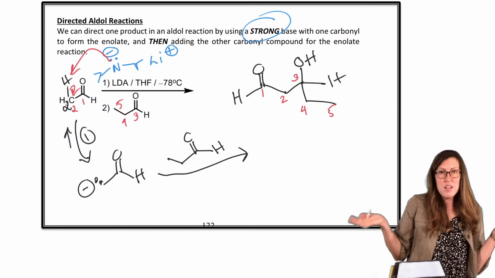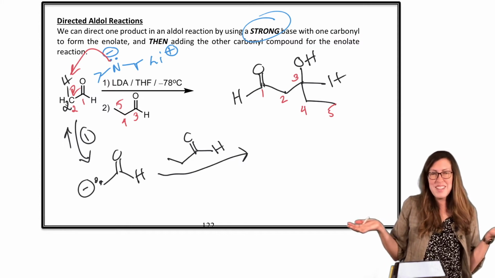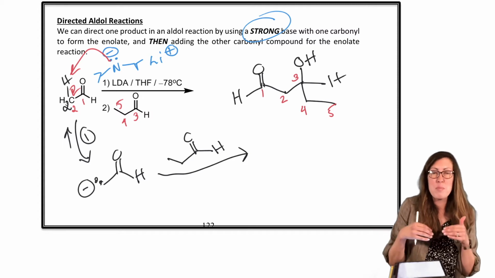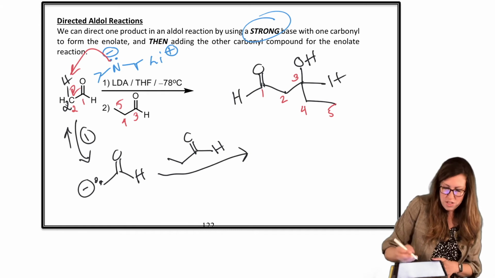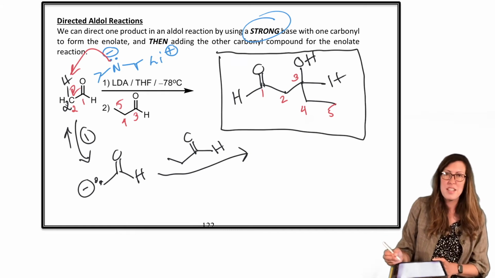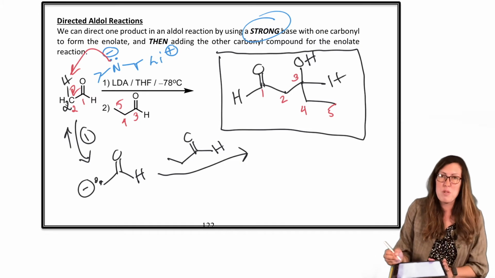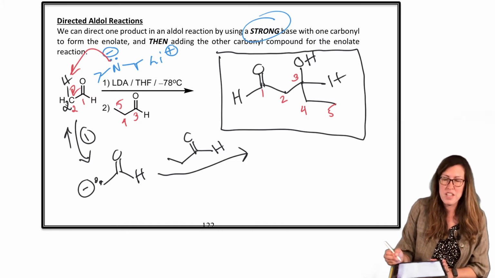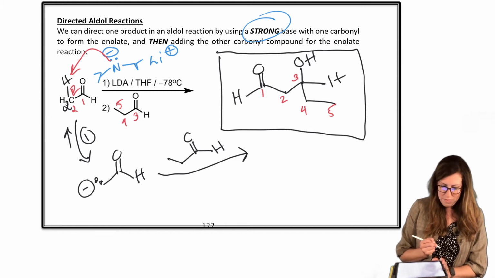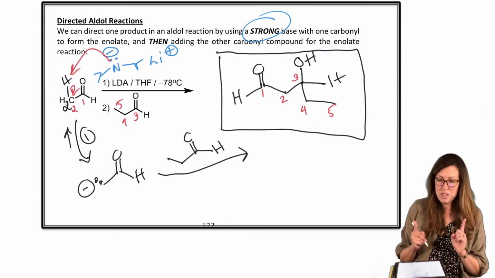So we can make just one by not mixing them all in the pot too hastily. You can actually just do it in 2 steps, and that's a huge deal. You would not want to be the chemist who had to purify those 4. That would take days, whereas this would be pretty much a standard purification technique just to clean it up a little, and you can move on. So much smarter to do it that way. So the strategy is very important, very key.